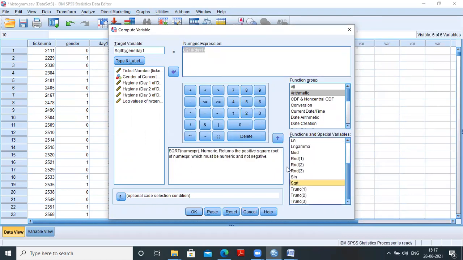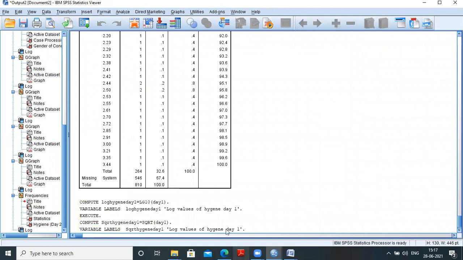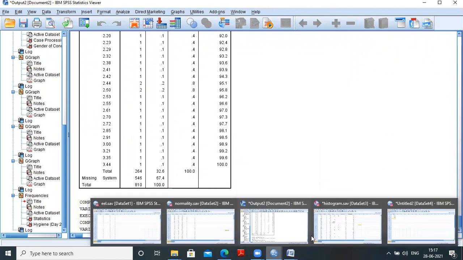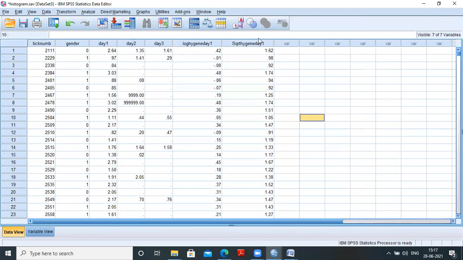This is square root for the hygiene day 1, then OK. The variable is transformed and it is stored in the data file. This is square root of hygiene day 1.